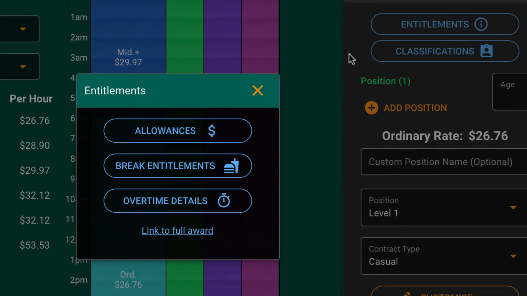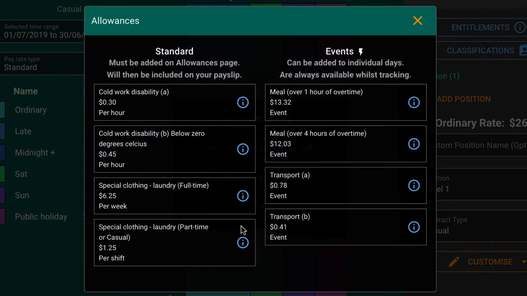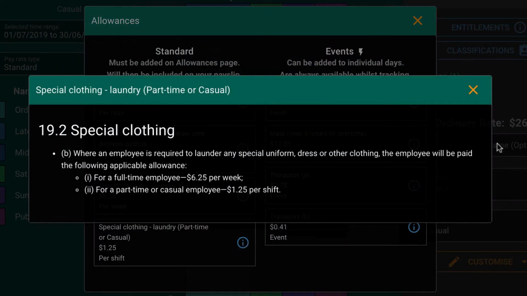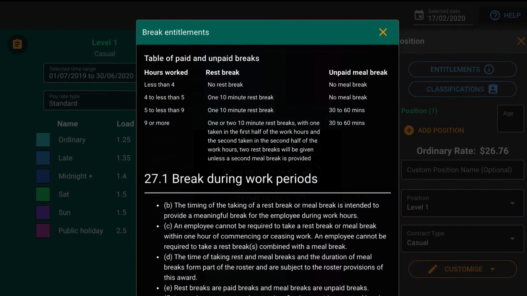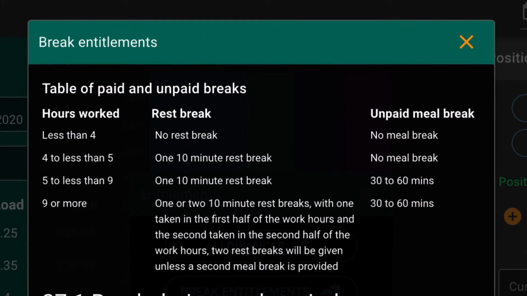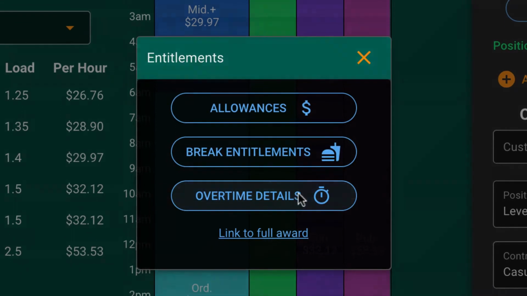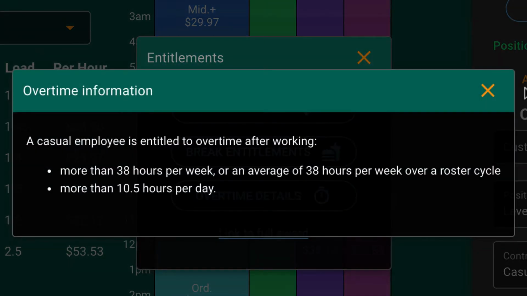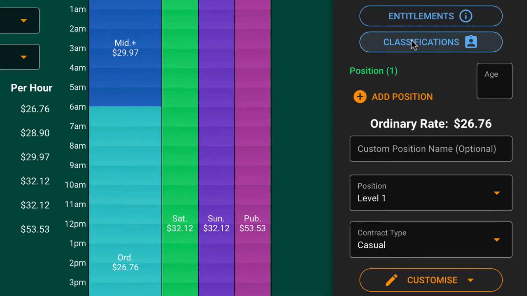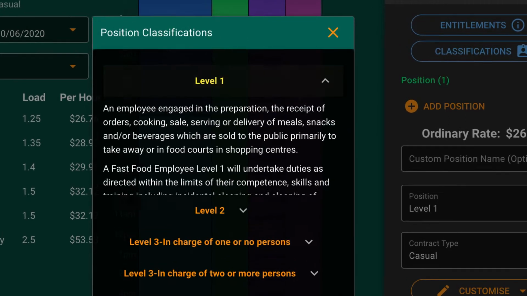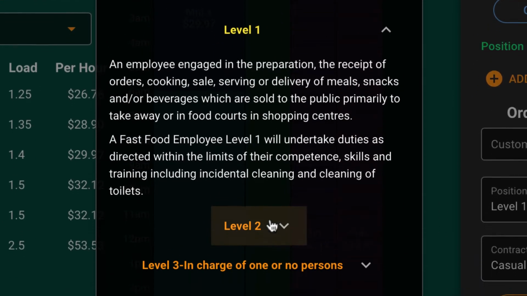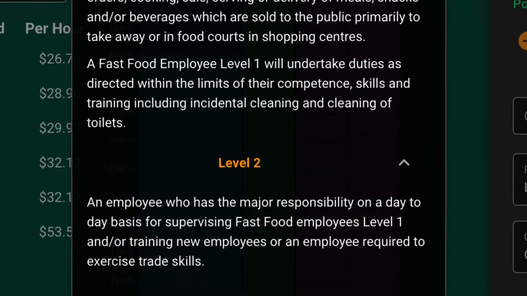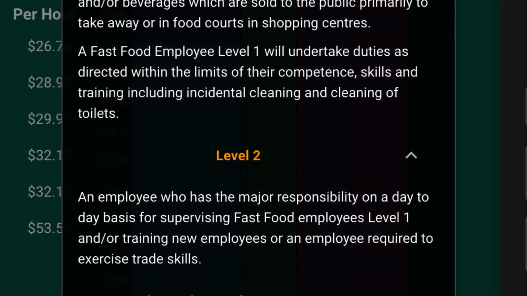Under entitlements, you can see all of the allowances for this award and check to see if you should be getting any of those. You can also read your break entitlements regarding paid and unpaid breaks, and read information regarding overtime. You've also got the position classification, so you can not only check the responsibilities of your position, but also check to make sure you're not performing the duties of a higher level and should therefore be entitled to a